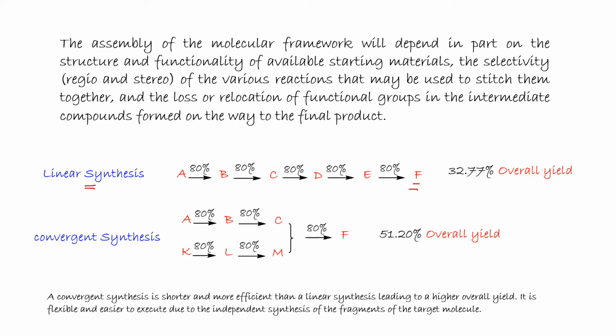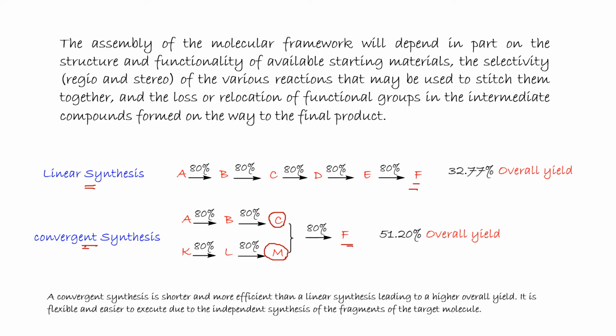Or we can use convergent synthesis, in which we build up starting materials independently and then combine them together, like A to B to C, and then K, L, M, and then get C and M to construct F. This is called convergent synthesis, and it's shorter and more efficient than linear synthesis, leading to a higher overall yield. See, if the A to B is 80 and B to C is 80, etc., we